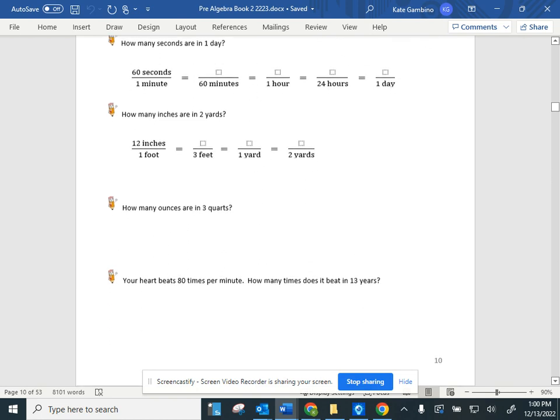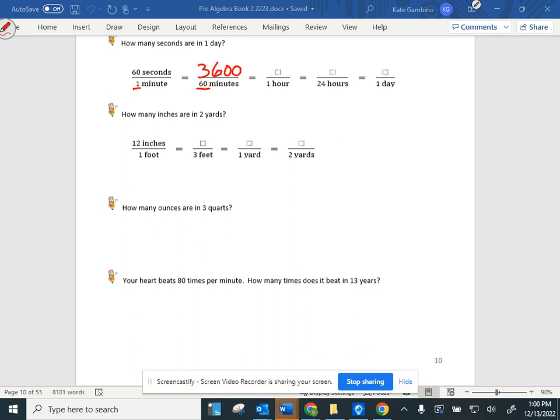All right, so if we want to know how many seconds are in a day, we have to go through all of our conversions from seconds all the way up to the day. So you might have to do multiple conversions to get there, because I couldn't tell you off the top of my head how many seconds are in a day, but I could if I walked through it. So first I want to convert 1 minute to 60 seconds. So what am I going to multiply by? 60. So I end up with